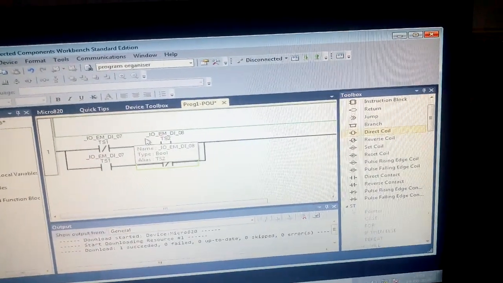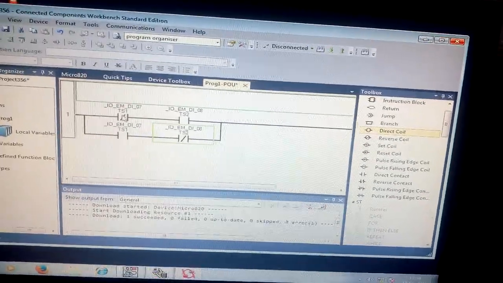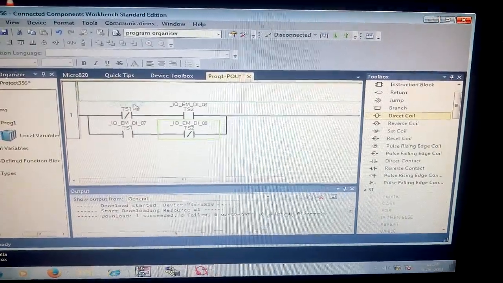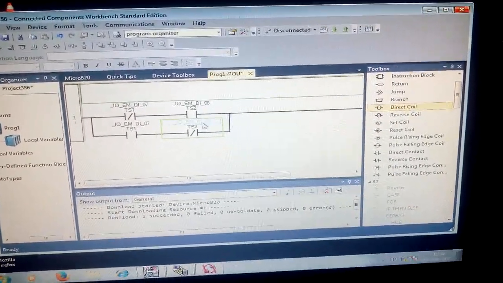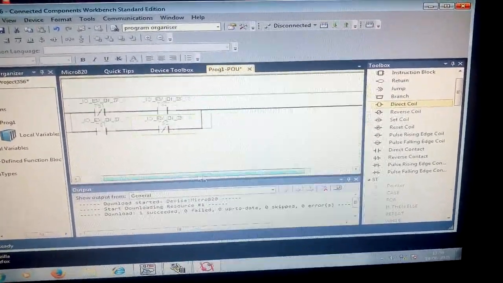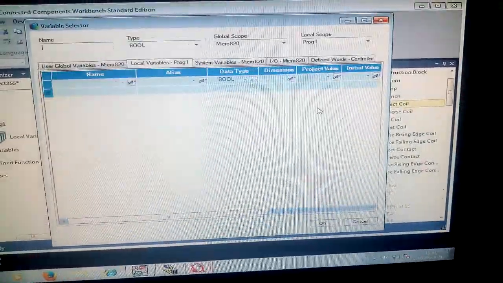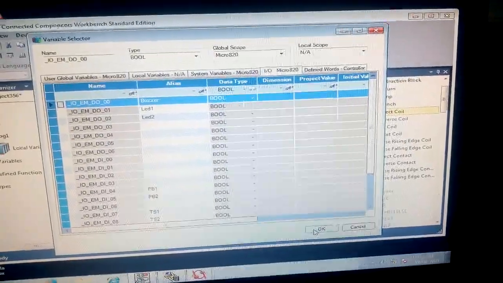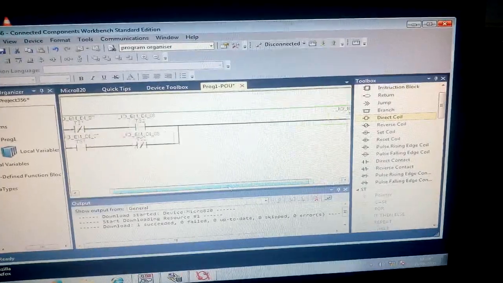As we have 4 switches, there is no need to use the 4 switches. For A, whether it is A or A bar, we are going to use the same switch. Similarly for B or B bar, we are going to use the same switch. So for the output I want to use buzzer. Okay, this is a buzzer I am going to use and click OK.